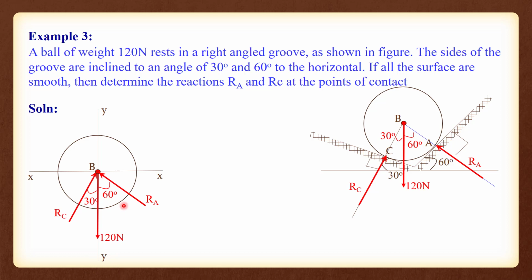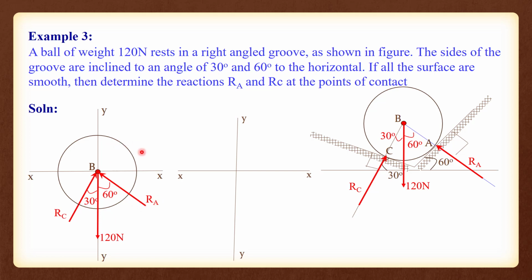Now in order to apply the method of resolution and equilibrium conditions, I will draw another two axes, x and y axis, and I will mark all the forces acting along the horizontal and vertical directions alone. That means in the free body diagram, you can see there are two inclined forces. So I will resolve each inclined force into two components, one horizontal component and the other a vertical component. Those components will be transferred to the new figure. Clear? Okay.